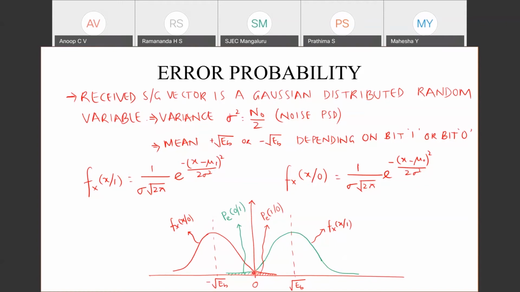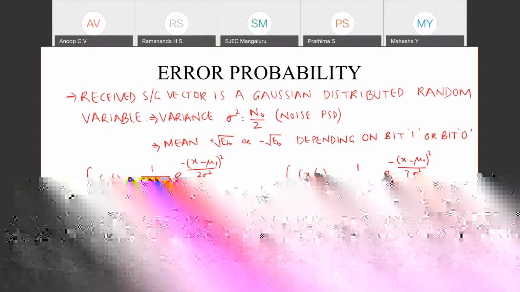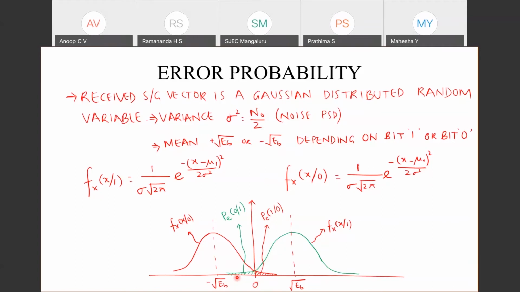I'm not giving the technical aspects, just two events. Those two events are differentiated using some threshold. Say the threshold is 0. If the value is greater than 0, then automatically the decision will be taken that event 1 had happened, and if the value is less than 0, automatically the decision will be taken that event 0 had happened. But the problem is, as you can see, this event 1 conditional probability density curve spans towards the right of 0, and event 0 also spans towards the left of 0. So there is a chance of error.